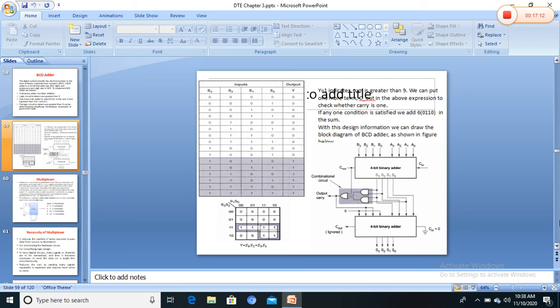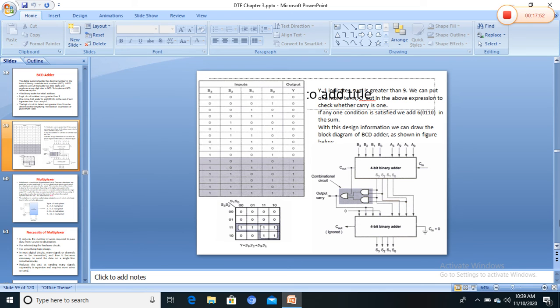This is the block diagram of the 4-bit BCD adder. First we take the numbers A and B. We have to design the combinational circuit that finds out whether the sum is greater than 9 or the carry is 1. In this truth table, for 0 to 9, which are valid BCD, y is equal to 0, and after 9, the number is greater than 9, or the carry is 1, so the generated sum is invalid BCD and the y output is 1. From this truth table, we design the equation of the y output.